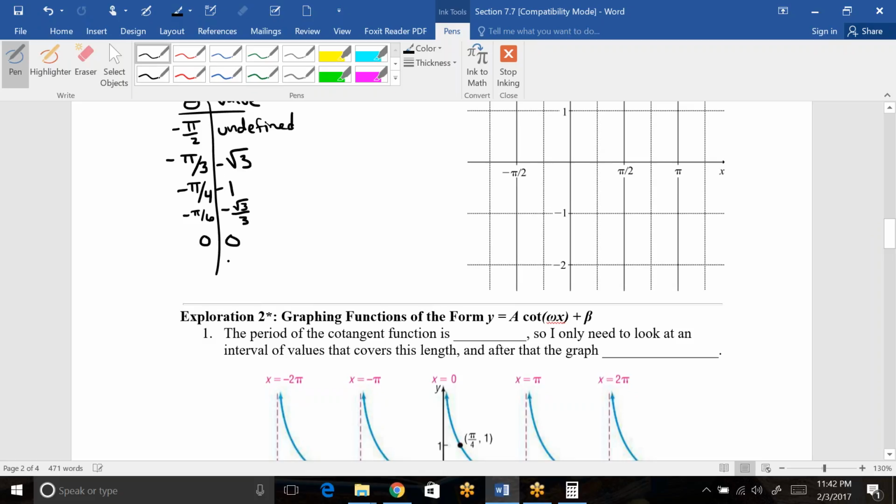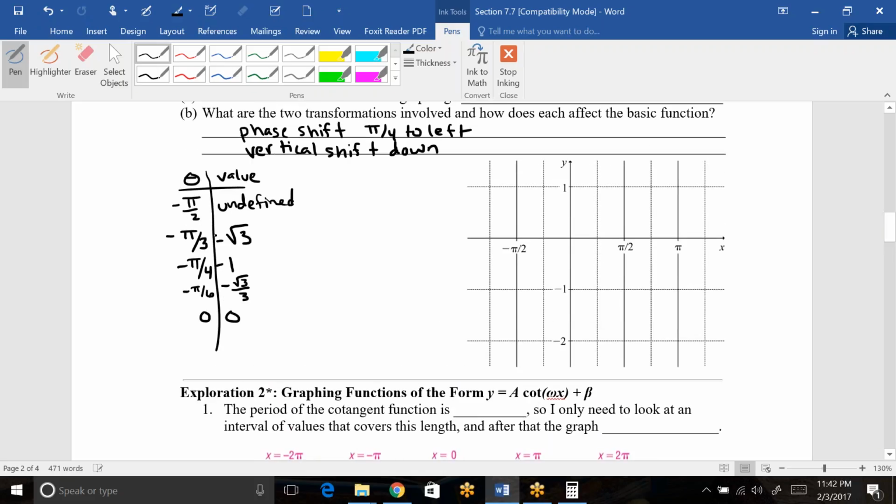Now I'm not going to do all of the positive ones as well, because if I know where these end up, I'll know exactly where the positives are going to end up, because they're going to be the same points but with both signs being positive. Okay, so if we phase shift, that means we move